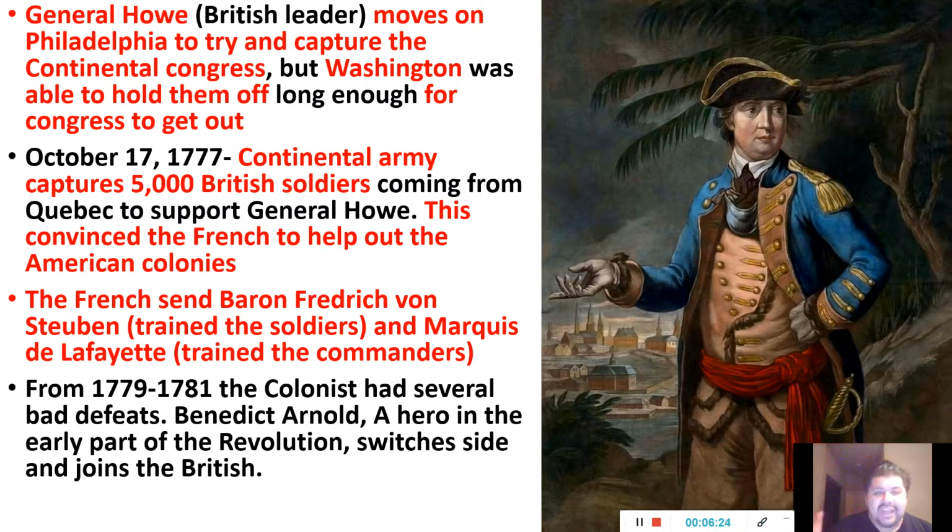He's like, let's go there and let's capture these guys who are talking about revolution and things like that, getting independence. Let's get these guys, people like Benjamin Franklin, John Adams, and stuff like that. Let's capture them, and that will crush the heart of the rebellion. So they make their way to Philadelphia.